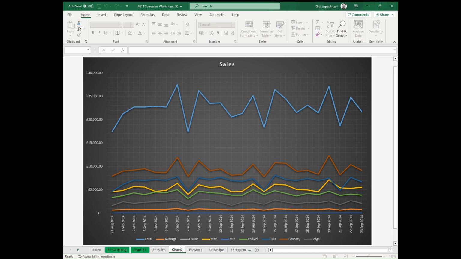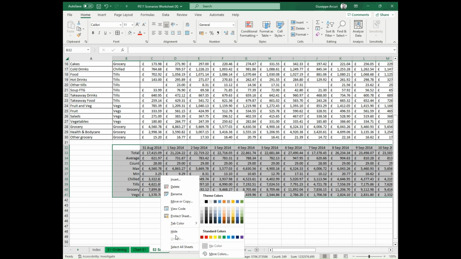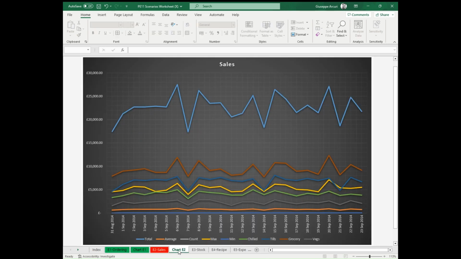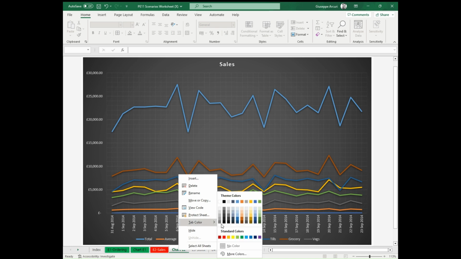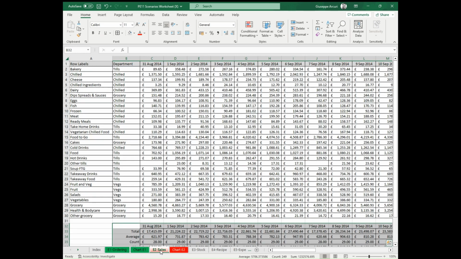The chart is chart exercise 2, and we're going to do it in color red this time. So right click on there, tab color red. Same thing on the second one, tab color red. Perfect. We finished our exercise. We can save, and we